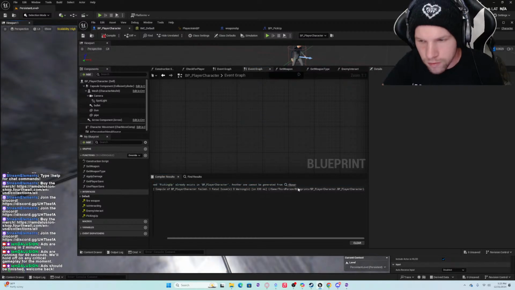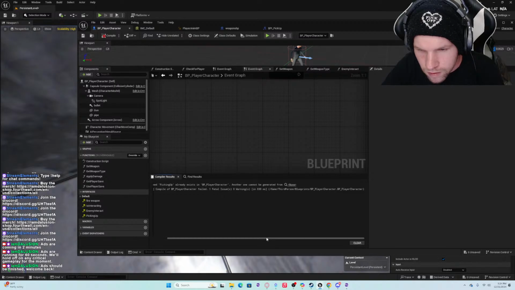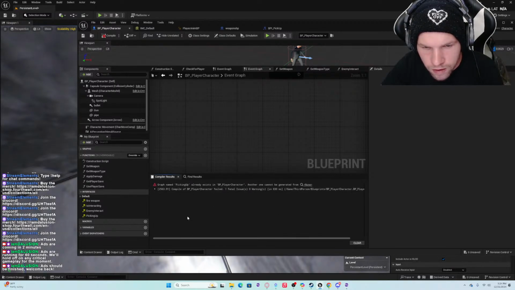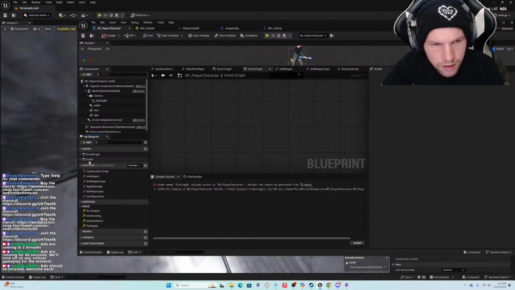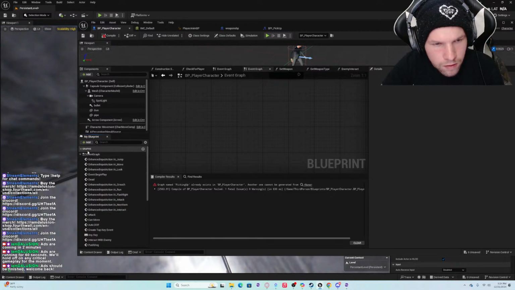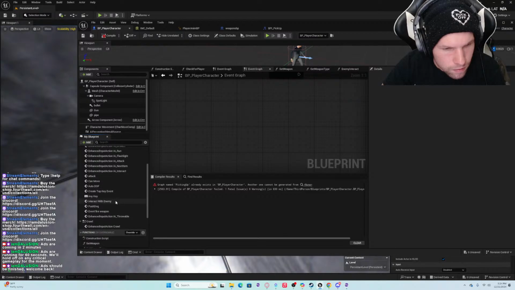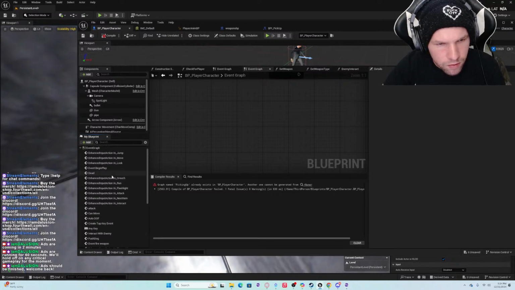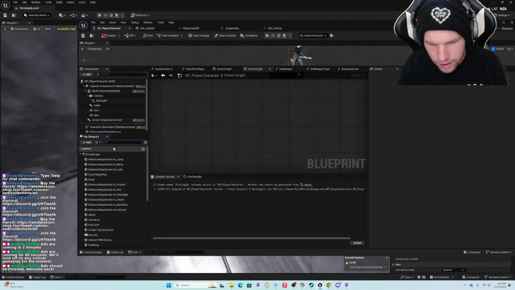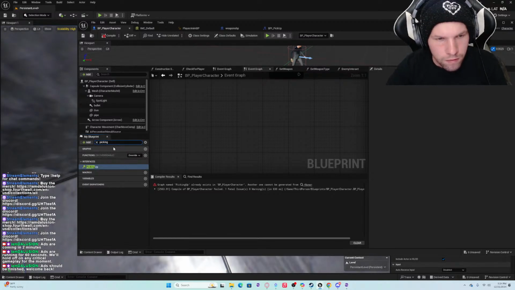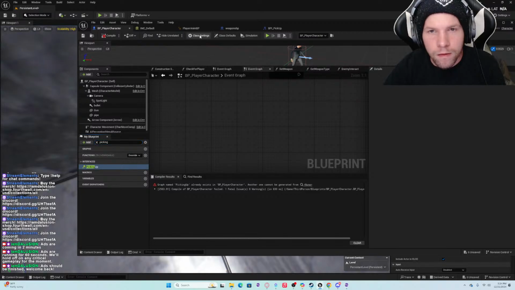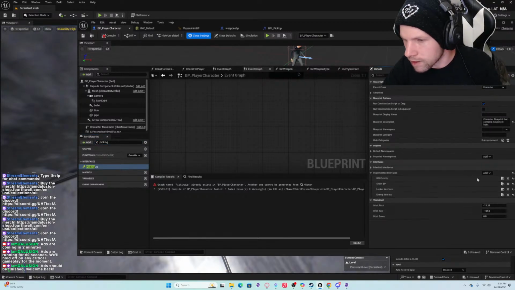Okay, what is it referring to? Graph named event picking up. Except there's not a graph named picking up. So let's do this.